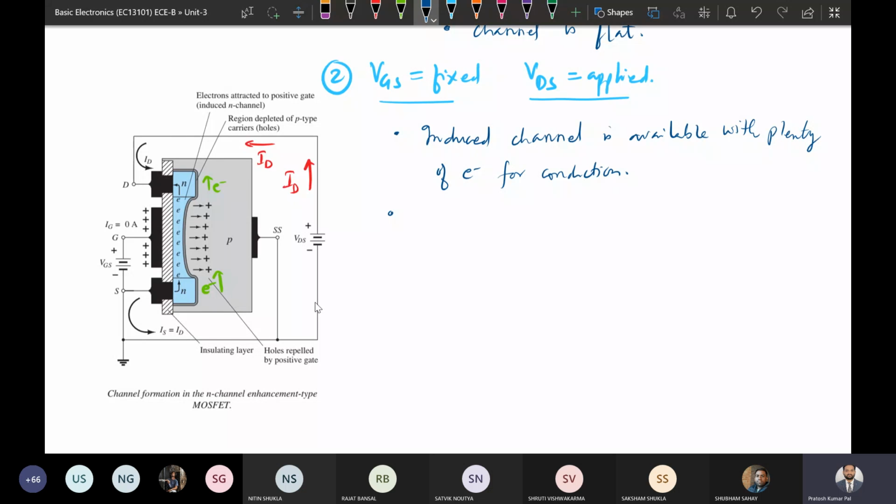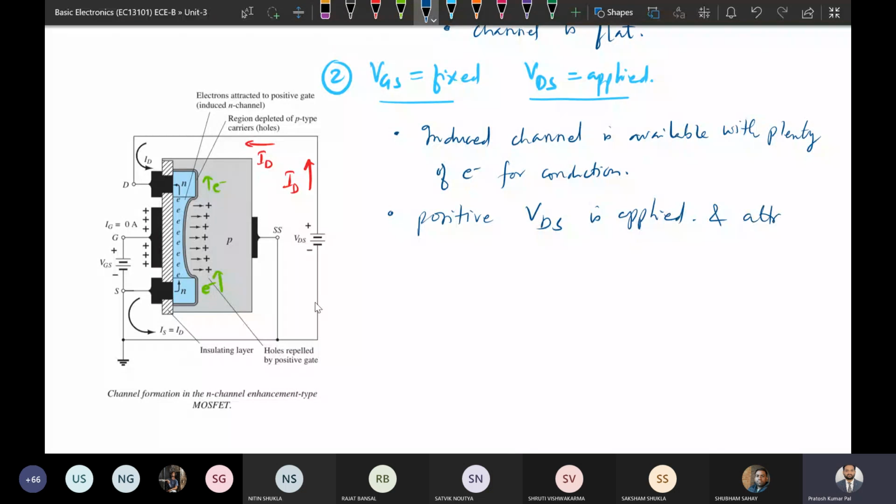Now we are going to apply VDS; you can write it like positive VDS is applied. Positive VDS is applied. So VDS will attract, basically the positive VDS will attract,